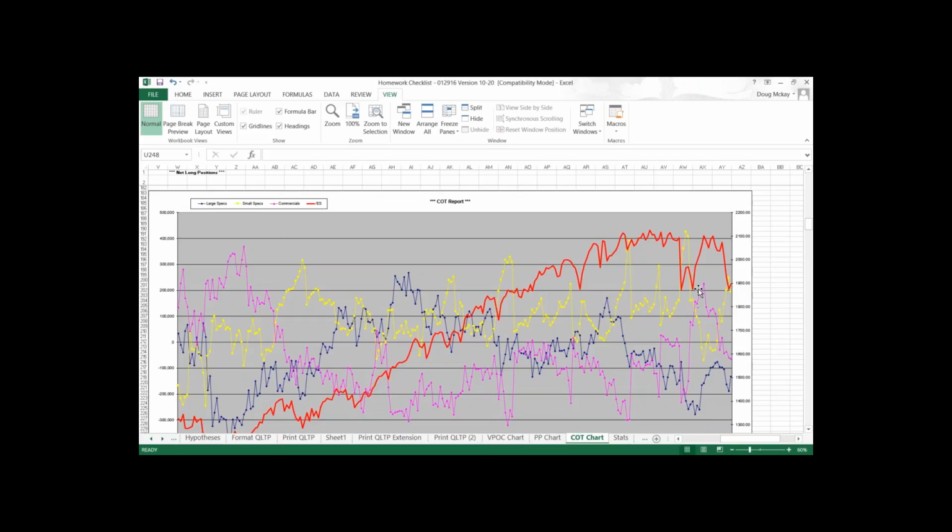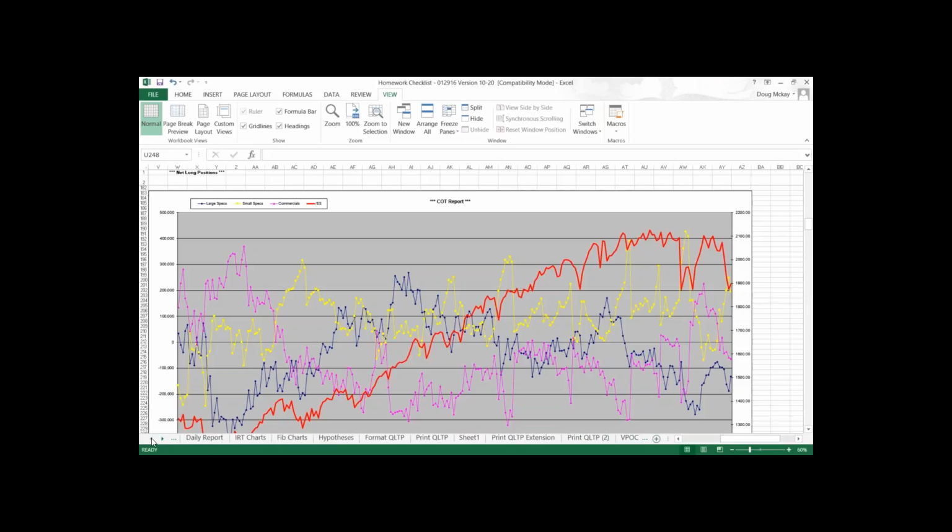The commercial came up, and a couple Fridays ago, well, a few weeks ago, but they've been slowly getting net short. Large spec, less net short, but still there. So, retail could be holding the bag if we get a flush of any kind into the February